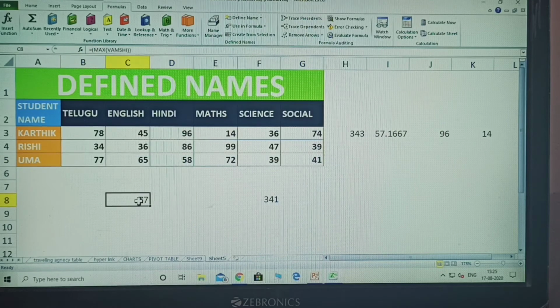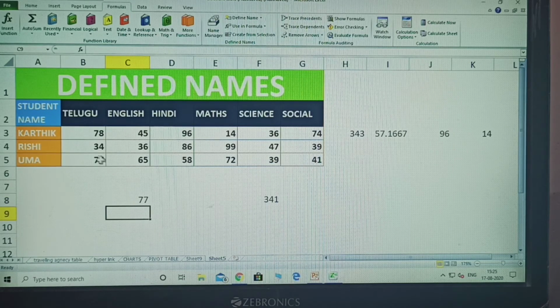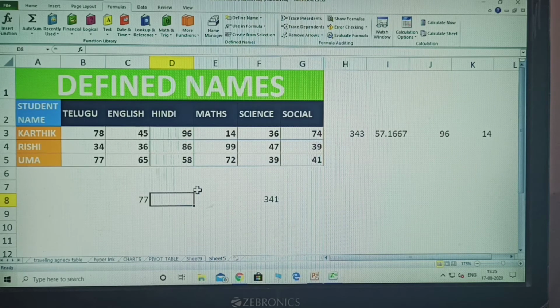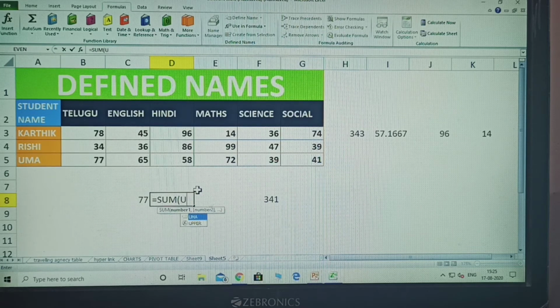Now equal to maximum, which person? Uma. Tap that one, click. This is the maximum number here, 77. What is the total of Uma? Equal to sum, Uma, tap that one, click.